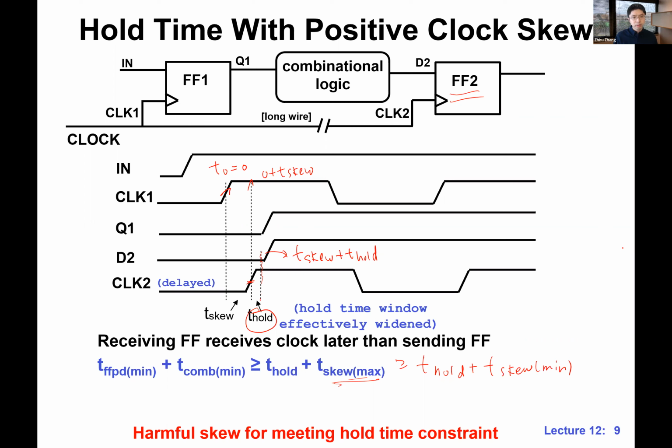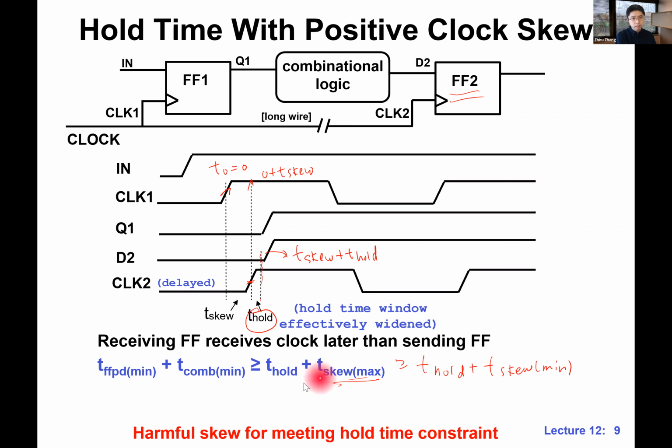There will be such a case if you design it incorrectly. So that's why I'm saying this is a trade-off. We actually need to be very careful with the skews when we design the chip, when we lay out the clock network. We need to make sure that this does not happen. We need to meet the setup time constraints, and we also need the hold time constraints. So we want to avoid the scenario that you just described. So the skew can't be bigger than T hold if it's negative? Skew cannot be bigger than T hold? Skew can be bigger than T hold. I'm just saying that we want to make sure that,